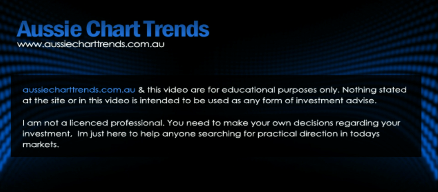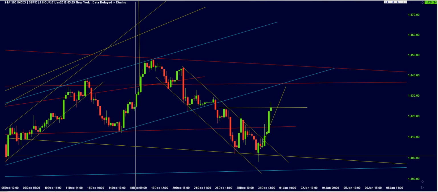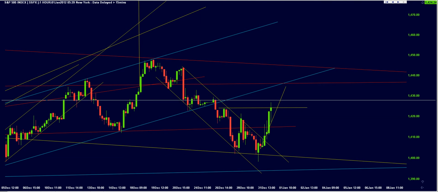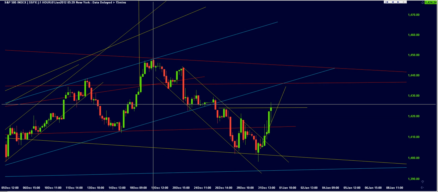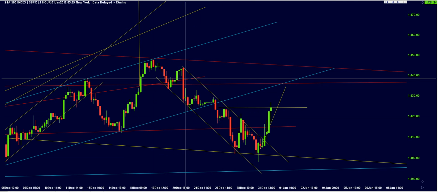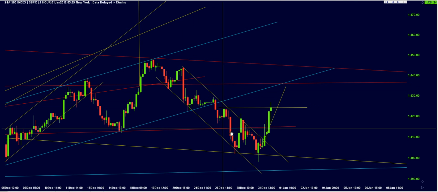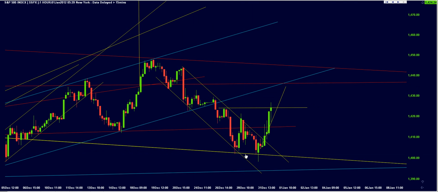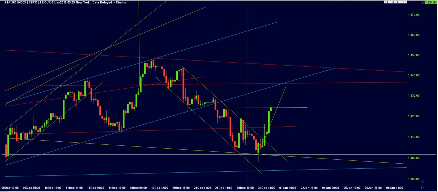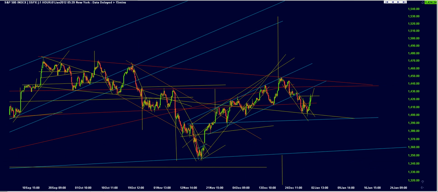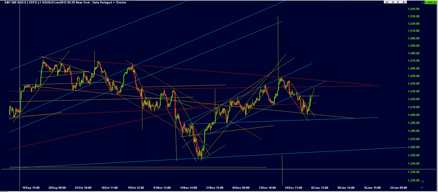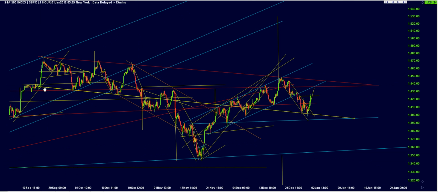Okay guys, so let's take a look here on the hourly chart of the S&P 500. Following on from the weekly review, presuming that you've been watching the videos, we were talking about this descending channel and that the S&P had been bound between these two lines. Now, we found a new area of resistance on this yellow line here. Now this line goes back to our triple top formation that we had there in early September, and we've got this bottom trend line and we just extended it all the way out, and the S&P 500 found an area